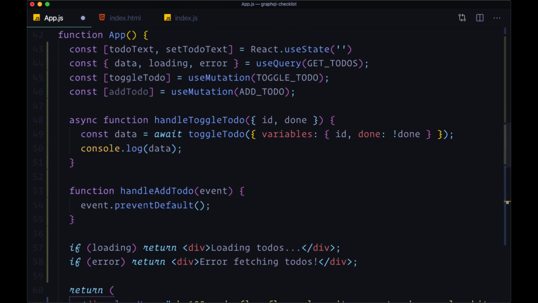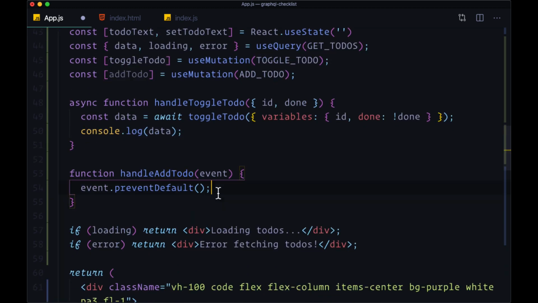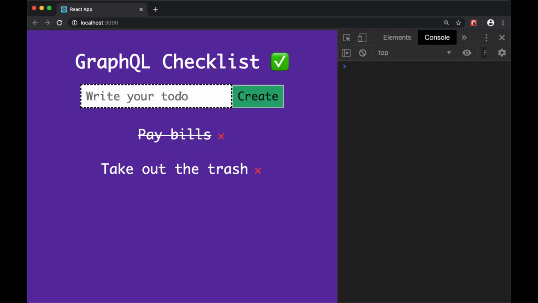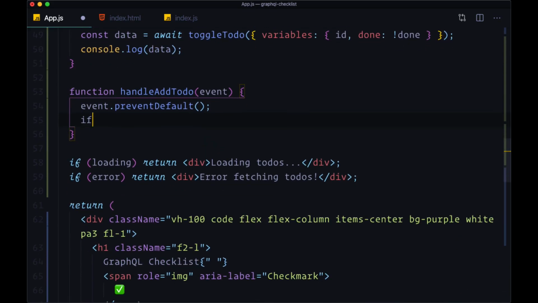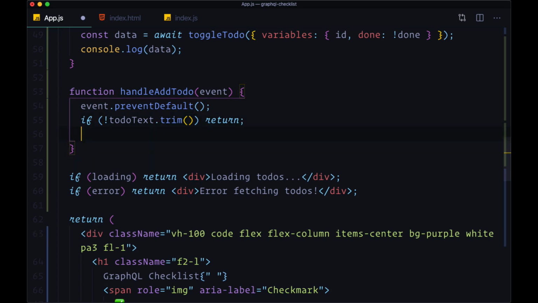So now that we're updating toDoText, we have something to pass to our addToDo function. First, however, I'd recommend that we actually have something typed into our form. We don't want it to be possible for a user to just type a bunch of white space and submit a new to-do. So we first want to check and make sure it's not empty. So we'll say if not toDoText, if there's no toDoText, then we just want to return. And we can make sure that it's not empty by using the trim method on the text that we get. We can trim off any white space, make sure that there's no white space there, and only in that case